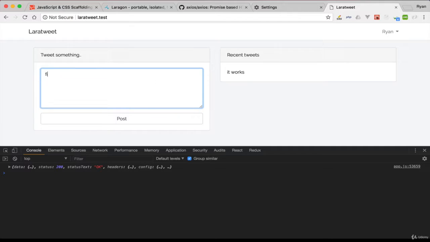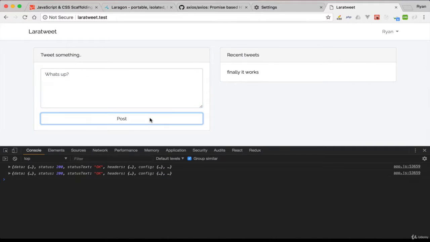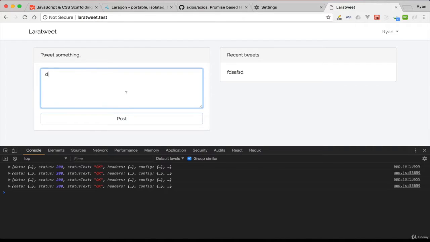Finally, it works. Beautiful. Now the next thing: every time we add something here, it is replaced. So we need to fix that up,